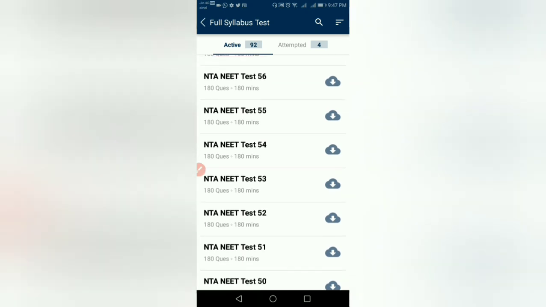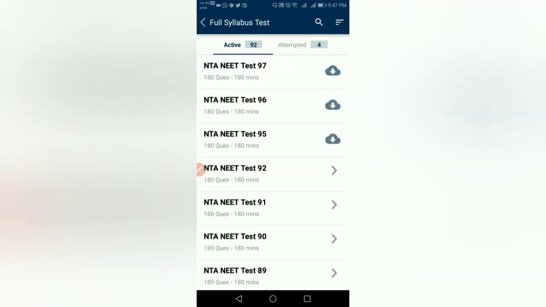So that is why this particular app is very good for your preparation. My suggestion is, please go through this app. If you feel it is better, you can use this app for mock tests. You still have time until the September 13th NEET exam, so definitely you can use this app to the maximum extent.